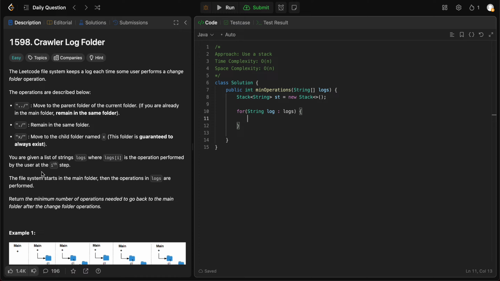There are two cases that we care about. We care about the case in which it's going to a different folder and the case in which it's going to the previous folder. When it remains in the same folder, we don't really care about that, so we can safely ignore it. So if log equals